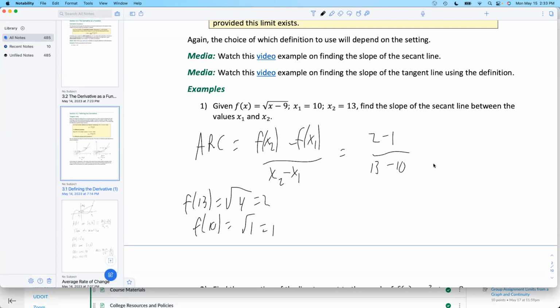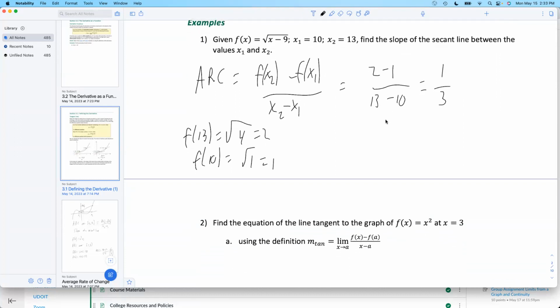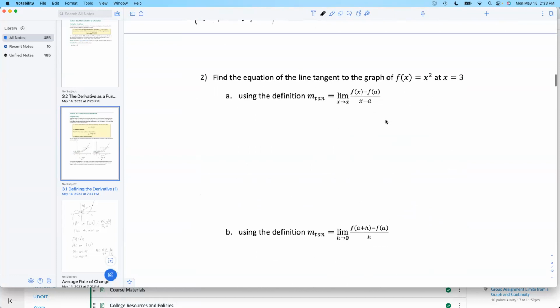That y value went with that x value. What do we get? 1/3. That would be an average speed. Later on, we'll figure out how to find instantaneous rates of change. Okay, so let's take this guy here